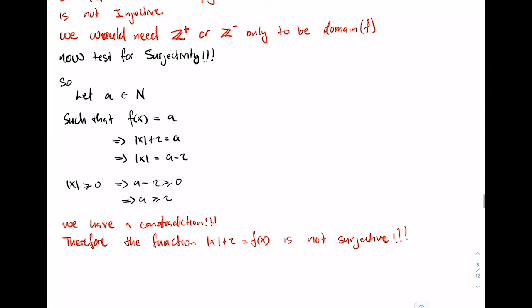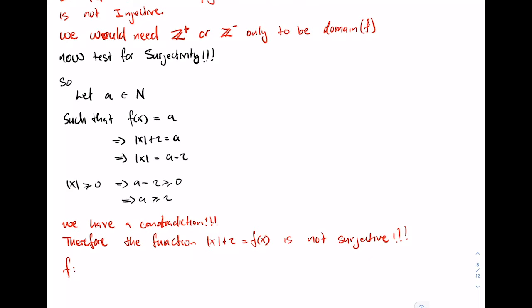But what can I do? Is there a step I can take in order for the range to be equal to the codomain? Here we see that the range is greater than or equal to 2, right? But the codomain says that we need to be greater than or equal to 1. So therefore,